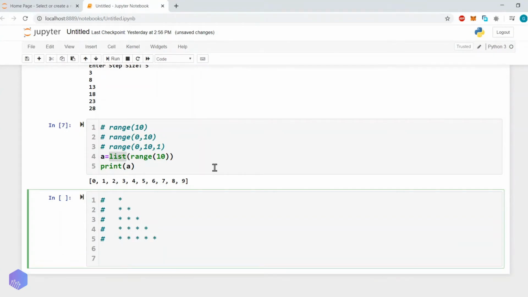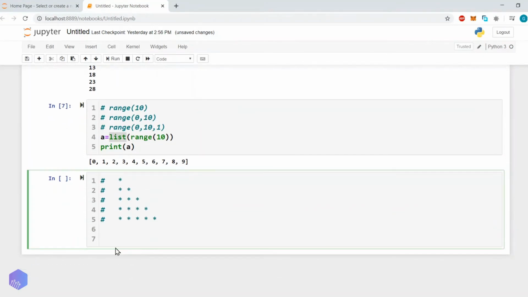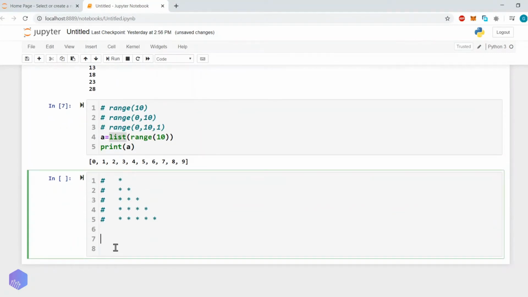This kind of pattern we want to generate. Here the number of rows we will get from the user, so we will try to make this program dynamic. First let us implement it statically, and then we will make it dynamic.